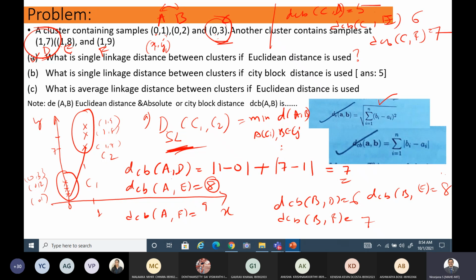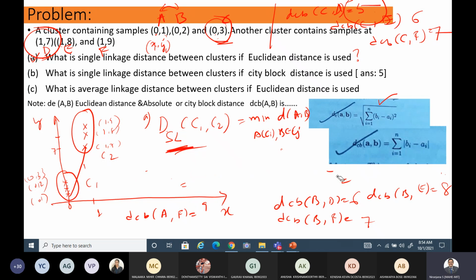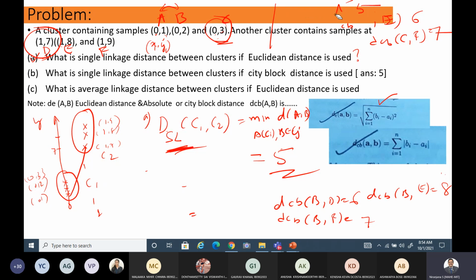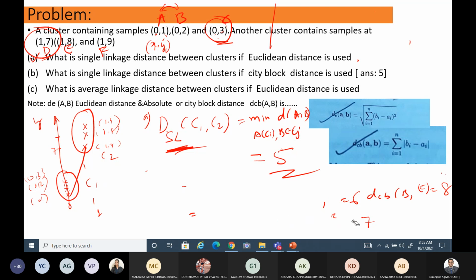Now the minimum value is nothing but 5 here. That will be considered as your single linkage distance. Among the 9 distances which you calculated, which is the minimum? The minimum value is 5, C to D. Among the 9 distances you calculated, C to D is the minimum distance, which you assign as the single linkage distance, and you consider it as the cluster distance as per the rule. Sir, isn't it CE 4?